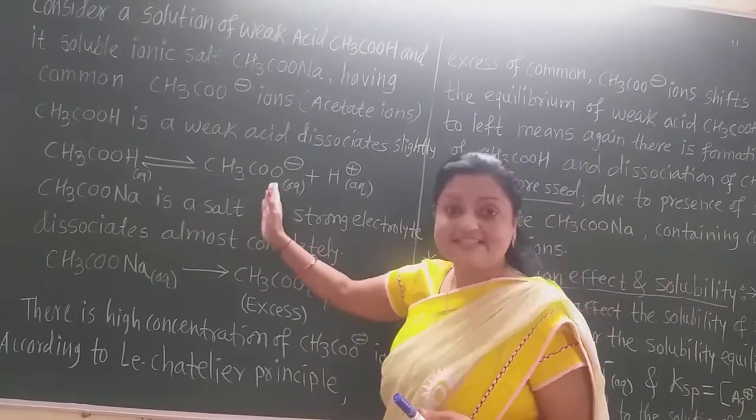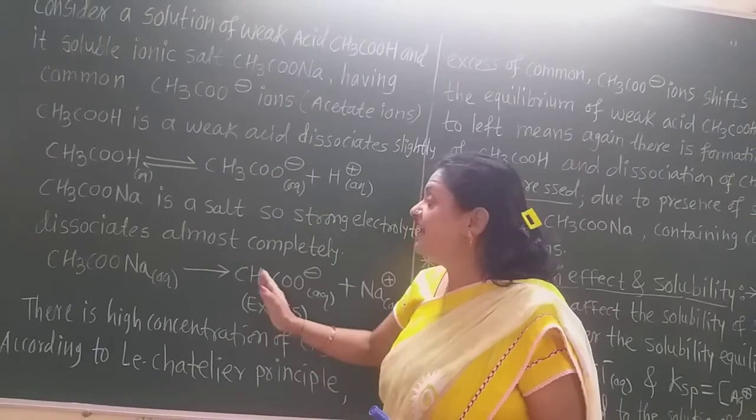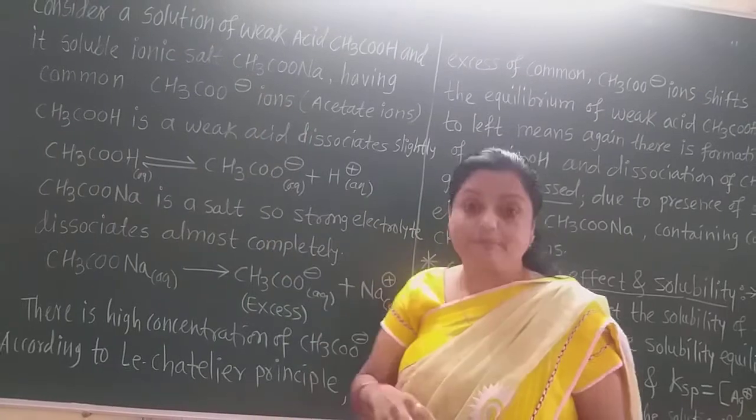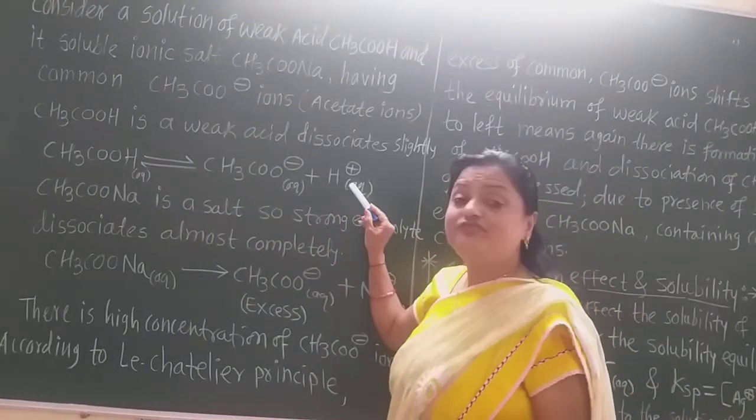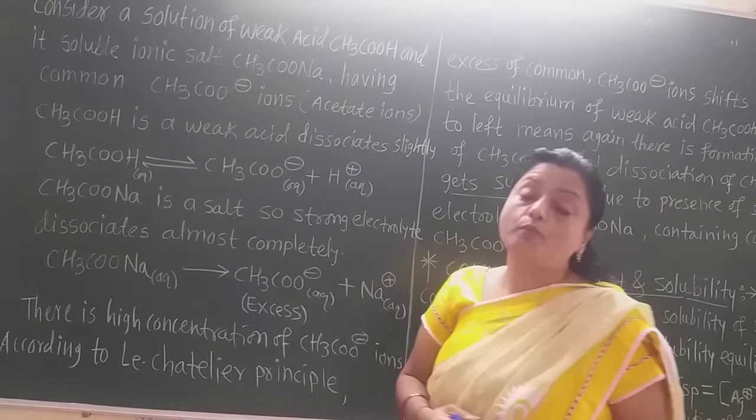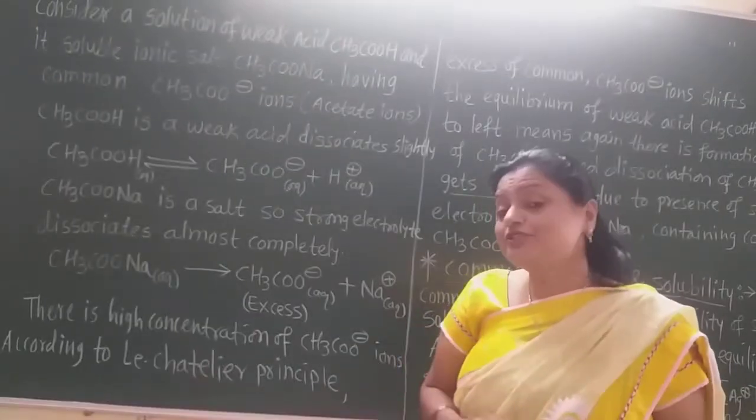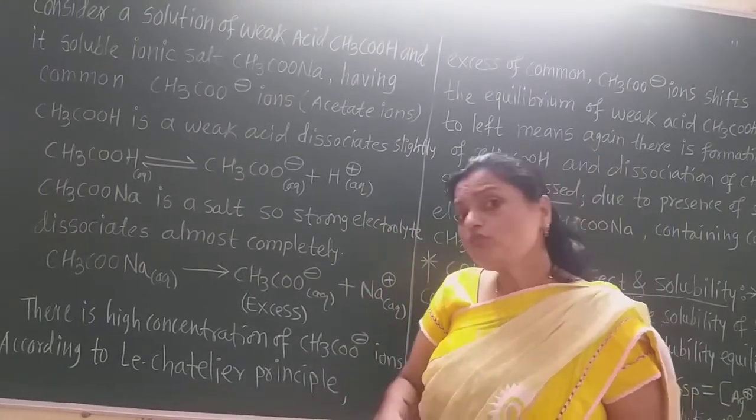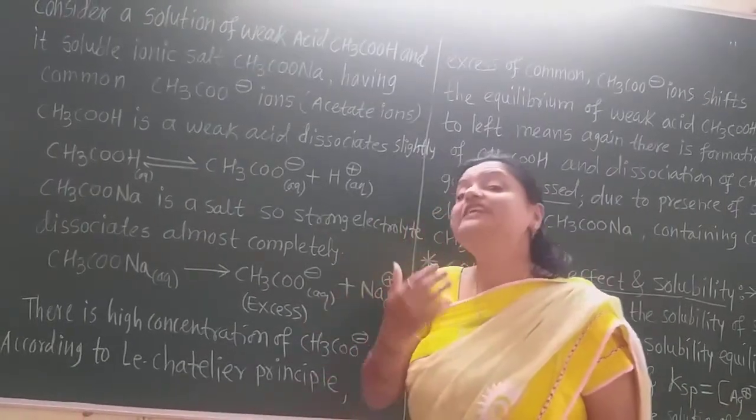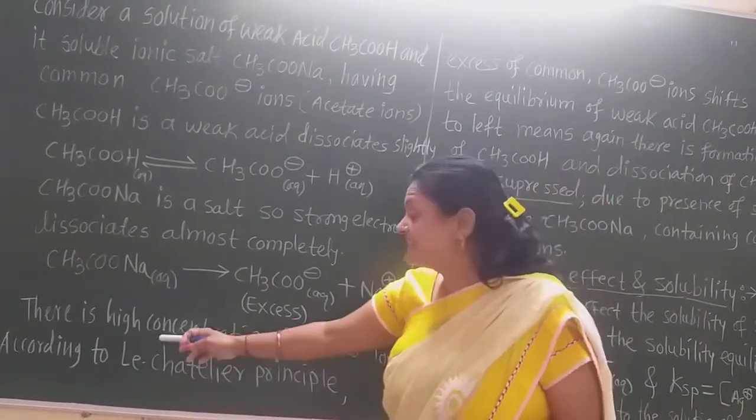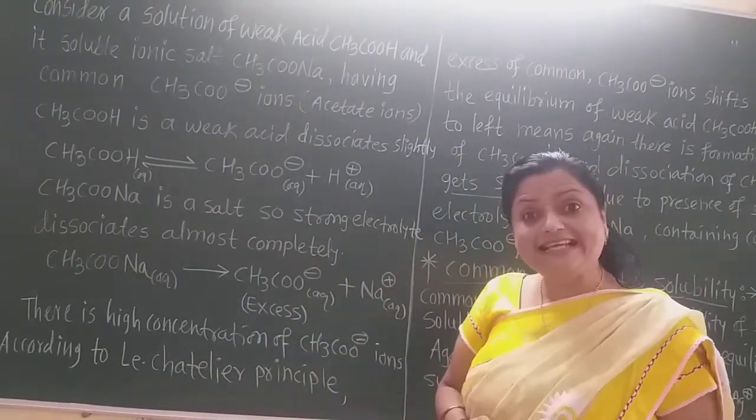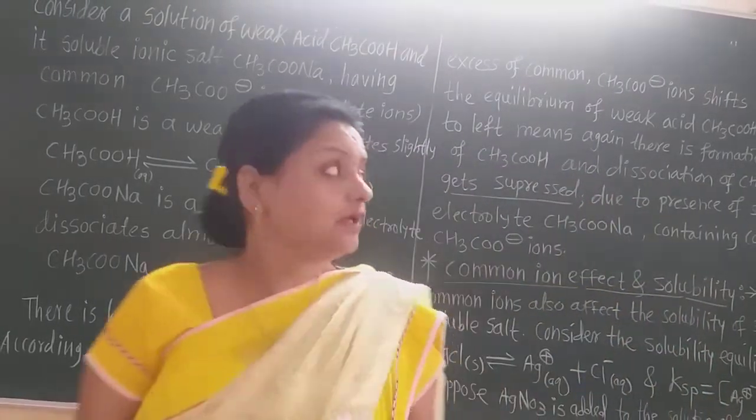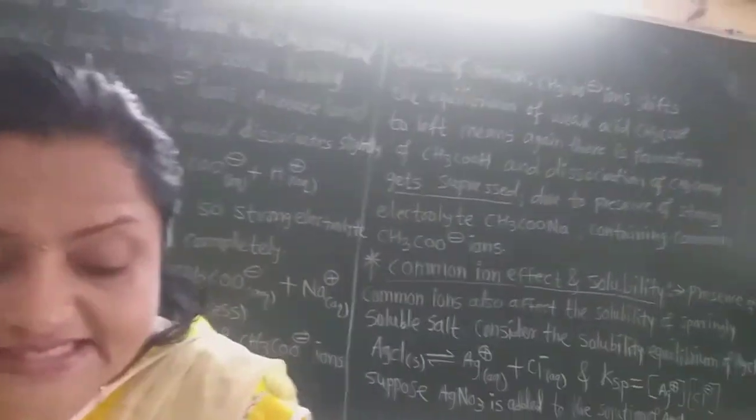If we increase the acetate ion concentration on this side by addition of sodium acetate, then the reverse reaction takes place. That means the acetate ion again reacts with H plus ion, and there is formation of undissociated acetic acid. That means the dissociation of acetic acid gets suppressed or decreased. Now that is the common ion effect. So there is a high concentration of acetate ions, and then according to Le Chatelier's principle, the common excess acetate ions